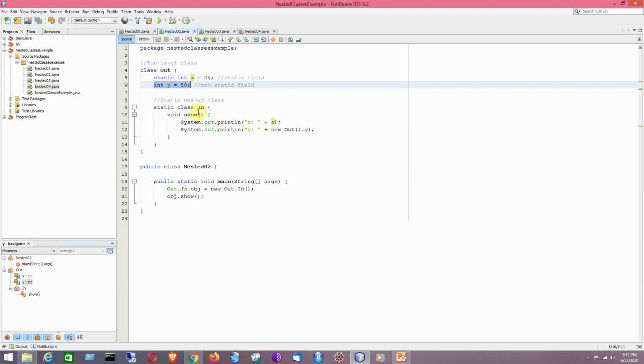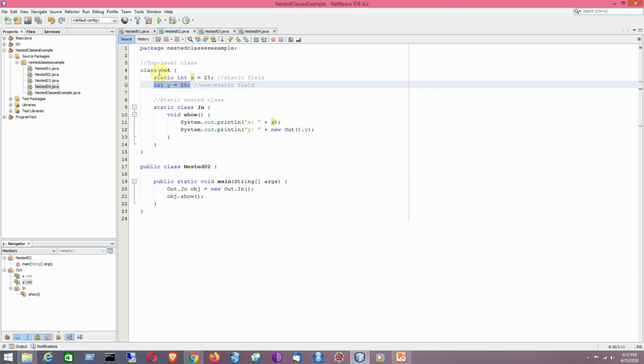I mean to say the static nested class needs an object reference of its outer class to access the non-static member of the outer class. So that is why I need to create an object of the outer class, and by using this object I will be having access to the non-static field of the outer class. So that is the concept. Try to remember this.